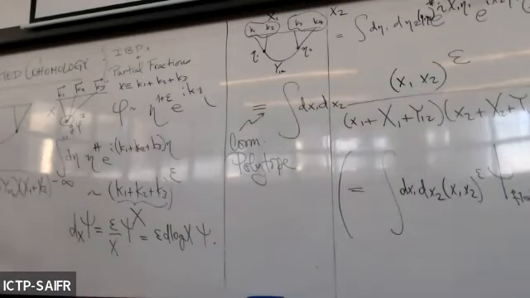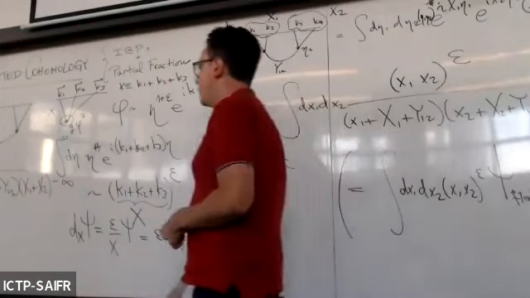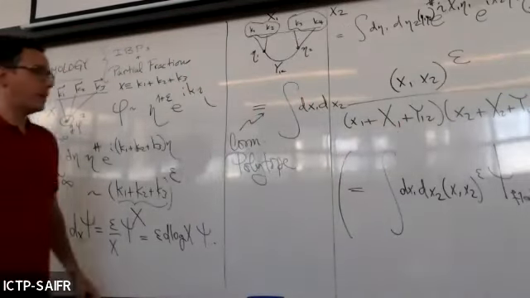Where is my 1 over s, the usual Mandelstam? If you send the sum of energies to 0, you sit on the support of the standard flat space scattering amplitude. You see that as I send X1 plus X2 to 0, this becomes 1 over minus X1 squared plus y squared, which is the Mandelstam, if you want. So you see there is a way of relating this to the flat space scattering amplitude. And anyway, I could spend a lot of time talking about this.